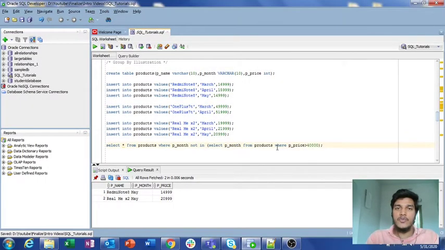In this video, I am going to explain one more special operator in SQL, that is the BETWEEN operator. In the previous video, we saw how to use the IN operator as well as the NOT IN operator in SQL, and I also explained it with the help of a query example. In this video, I am going to explain the BETWEEN operator and what the difference is between IN and BETWEEN. Now, without wasting any time, let's dive into the topic.